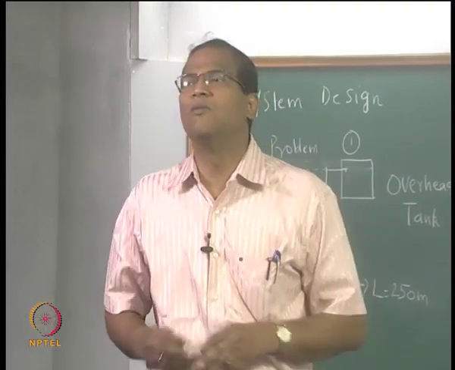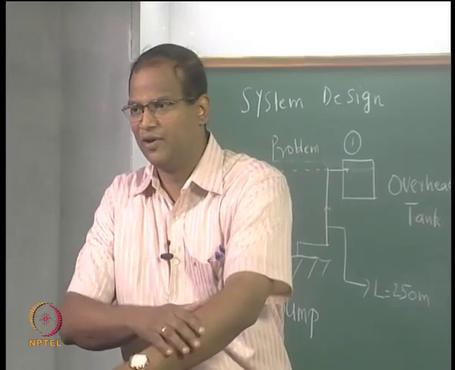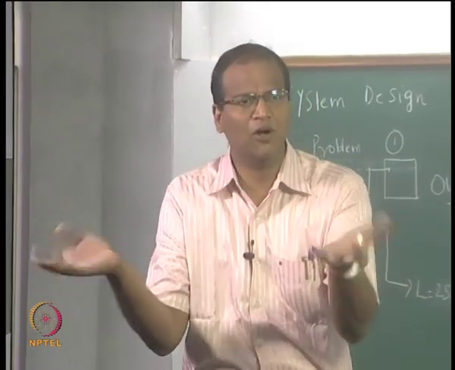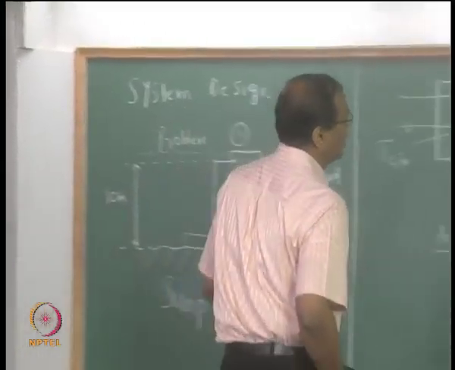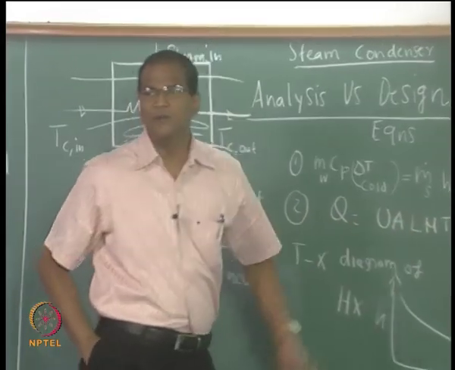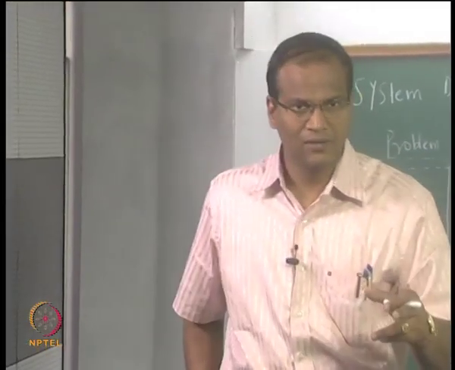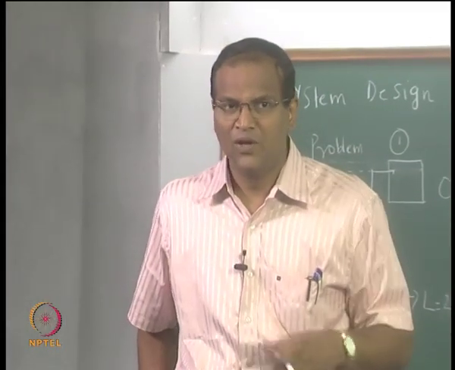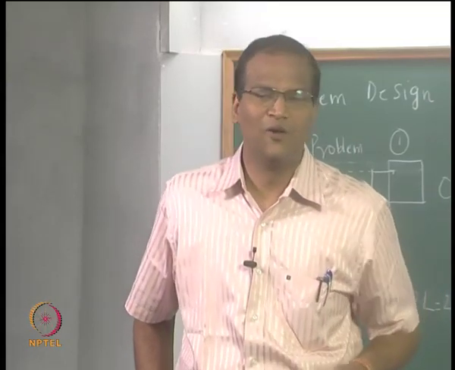The straightforward problem which you have probably learned in ME 317, that is the heat transfer course. For MTech and PhD students, you have learned heat transfer elsewhere. Basically they will give you all the dimensions and you will have to work it out. Okay. So sometimes it is very tricky because the LMTD is a logarithmic mean temperature difference. So you will have to go round in order to get that, right. So you have to use tedious iterations to get these temperatures. You do not realize the importance of what I am saying till you encounter quiz 1.